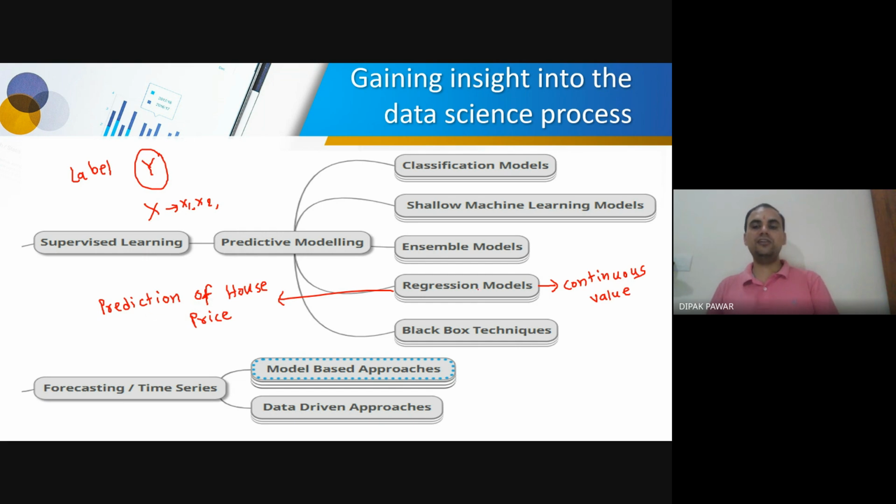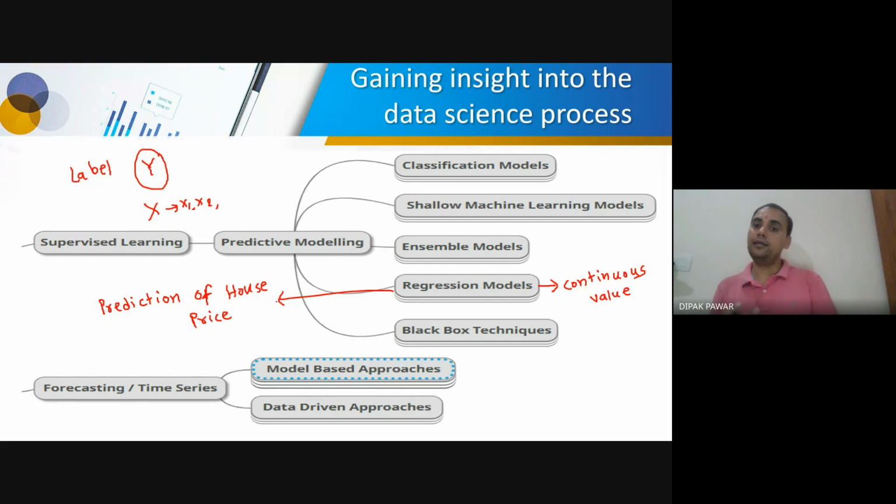This house price value is a continuous value. It's not like a category, like just now, loan is approved or not, yes or no. It's not like that. If you have an output which is in terms of continuous value, that is nothing but a regression model. There's another example you might have seen, the Car Dekho